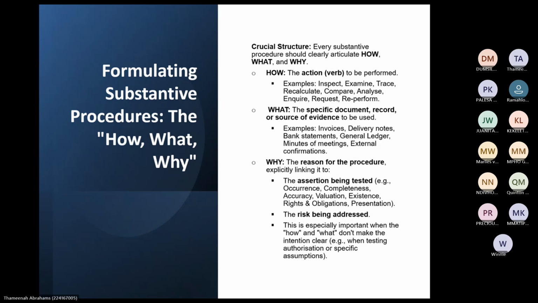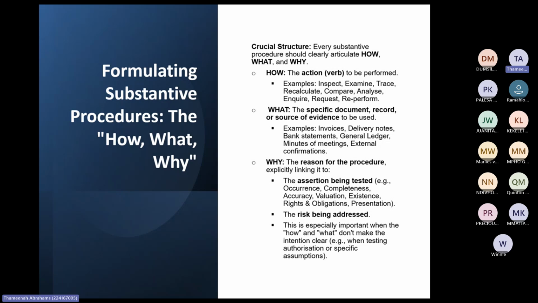Cutoff. I don't think I said cutoff. So that's the six. And then for statement of financial position, you always look at, remember, completeness, classification, and presentation, which is the same across the two. The only difference is you have accuracy, valuation, and allocation. You'll have existence, and you have rights and obligations. So whenever you're doing a substantive procedure, it must link to an assertion. Okay. And then you also link it to the risk being addressed.